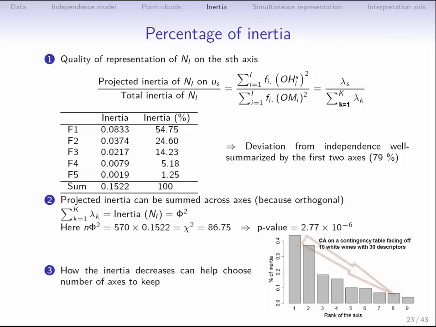When we look at the decreasing sequence of eigenvalues using a bar plot, it's clear that the first two eigenvalues are much larger than the others. The first two dimensions therefore dominate in terms of inertia, suggesting that the best way to interpret the data is to just look at the plane defined by these two dimensions.